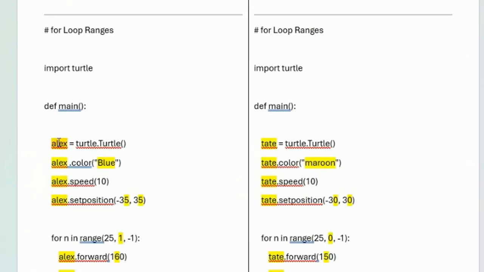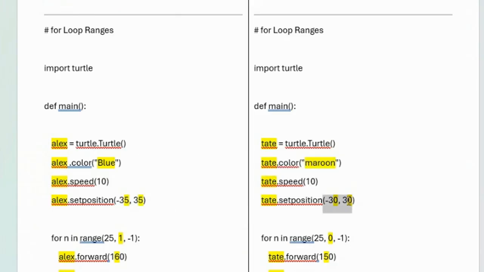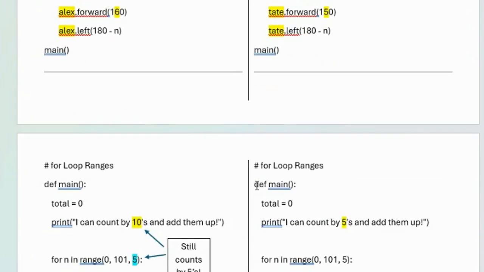Here again, we just renamed the turtle and gave the turtle a different color and started it at a little different spot on the screen. I'll start at negative 35 instead of negative 30. And instead of the loop counting down to 0, you decide, well, I'll just count down to 1. So it does one less loop. And you have it move forward 10 more pixels. So again, you're just going in just to change a thing or two to make it look like a different program. But it's still like you took the program from the lesson and didn't write any of your own.